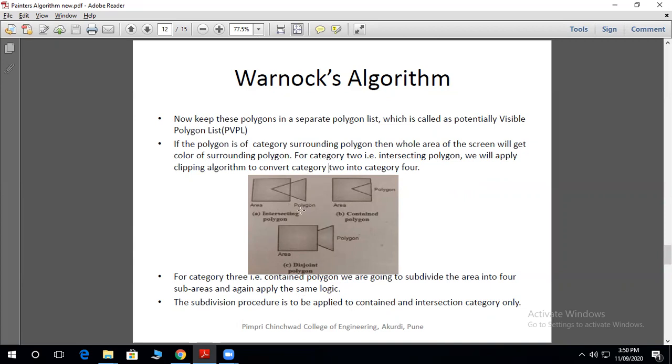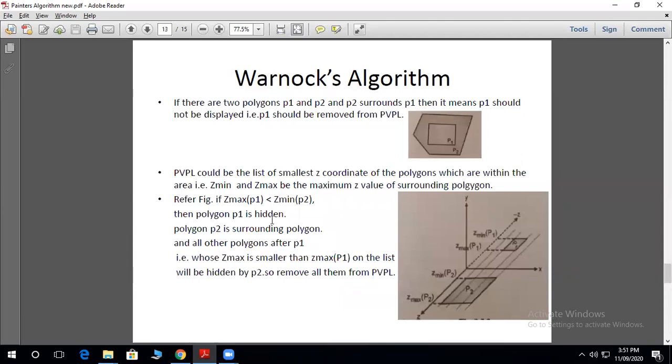Now, apart from these 4 cases, suppose there are 2 polygons, and one polygon is in front of the other polygon, with another polygon at the back surrounding it. Let's consider this example.